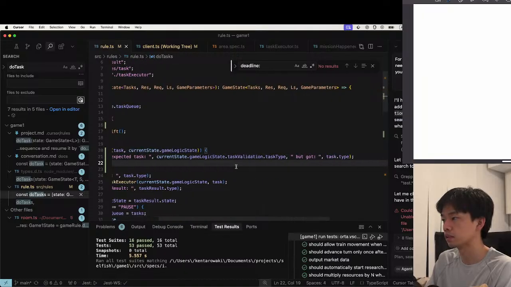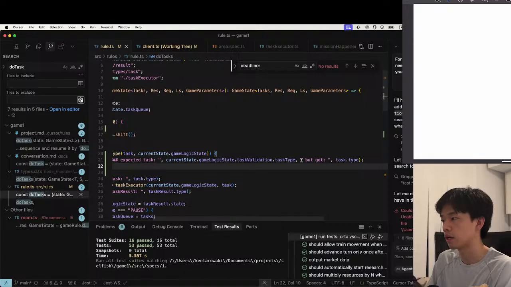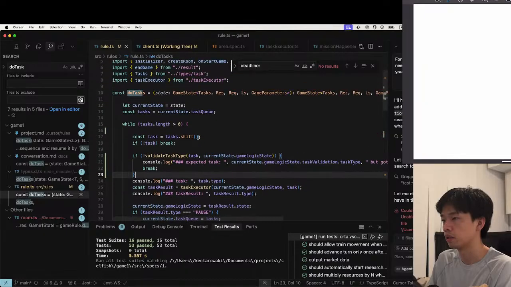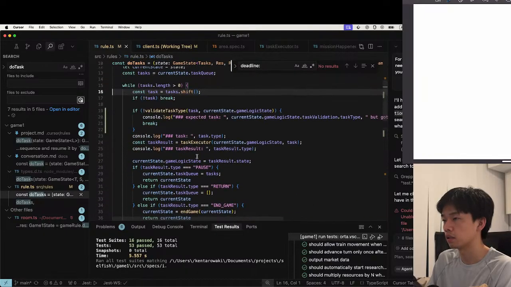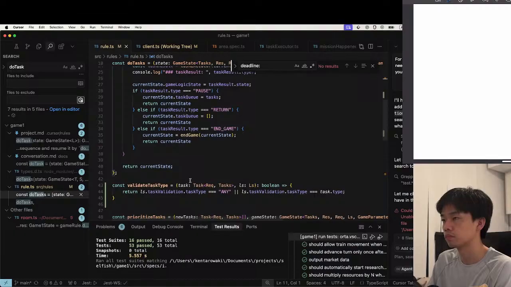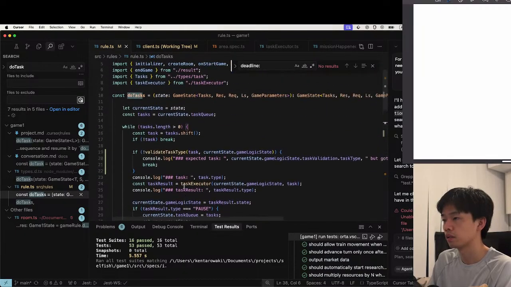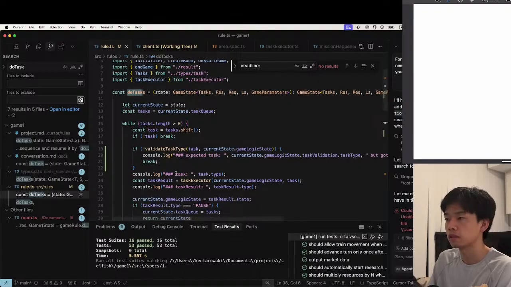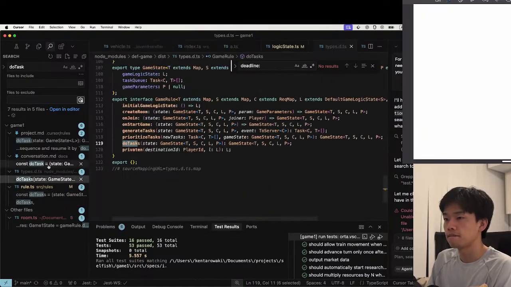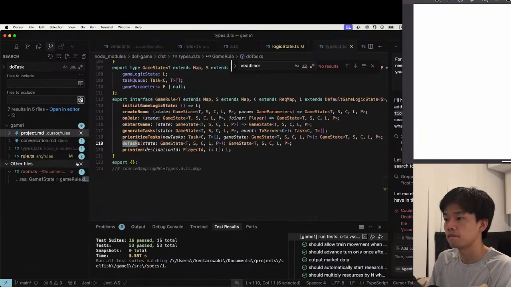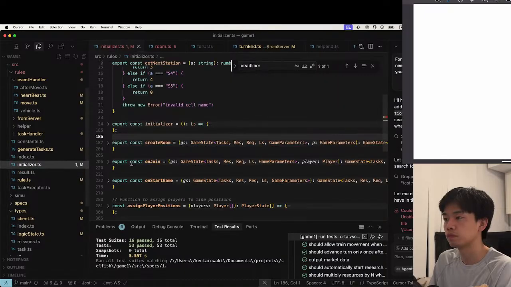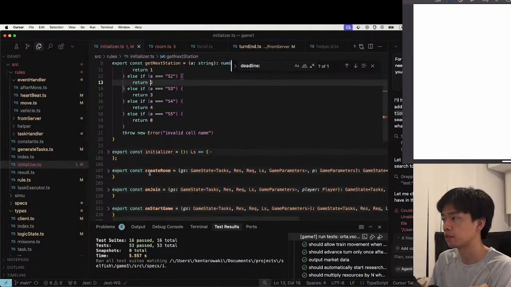Expected task is, yeah. It should work. Okay. And I should implement